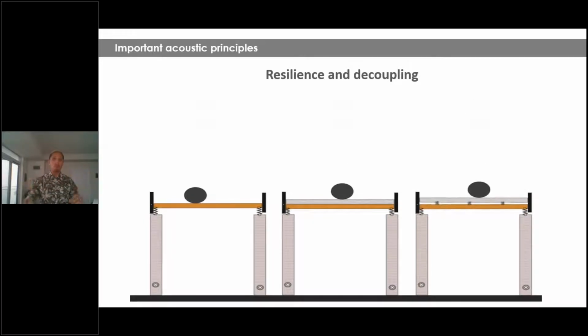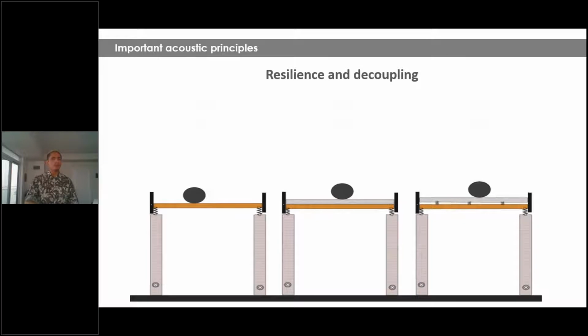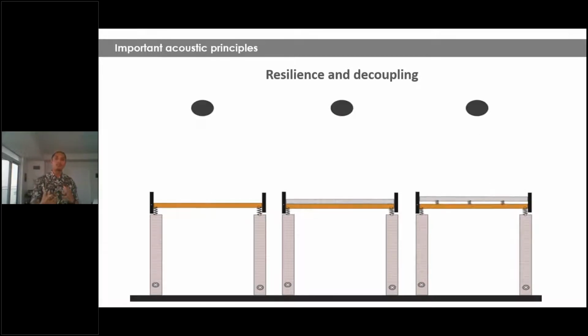We have a light wood frame structure with a concrete or gypcrete topping on top. We have the mass, the impact that is coming down. However, if you notice, the ball doesn't bounce a lot. Almost exactly the same as the example on the left. What does that mean? It means that yes, gypcrete and concrete topping are super important in light wood frame construction